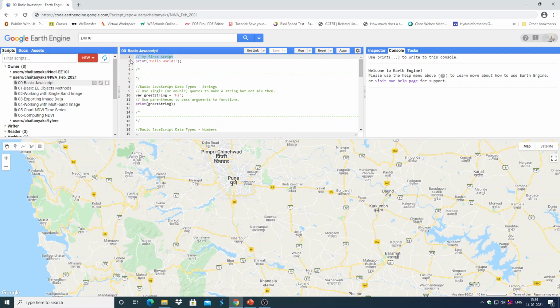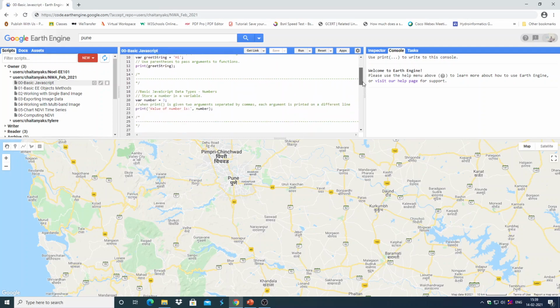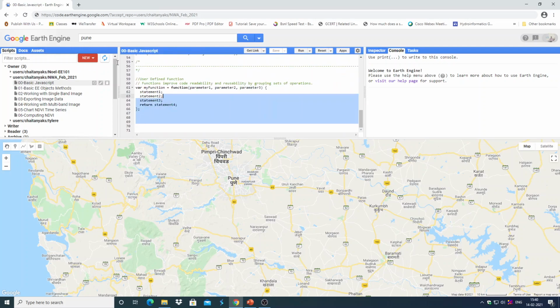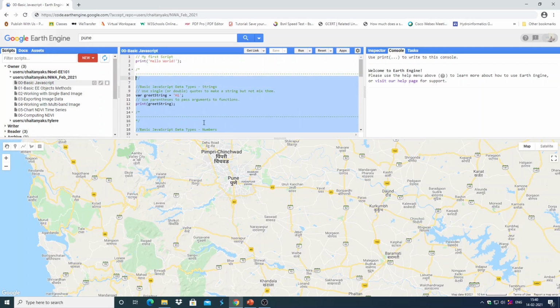It is a good practice to put a lot of comments in your script to describe what you are doing, so that it becomes readable once you come back, because this repository and this video will remain with you forever. You can come back and review, and you should be able to understand the script. There is one more use of commenting out: if you want, for example, I have put so many scripts together in a single script.